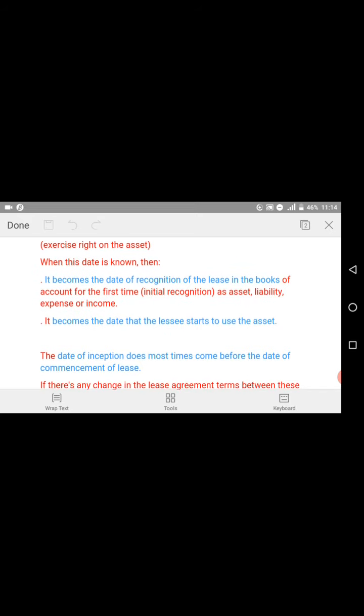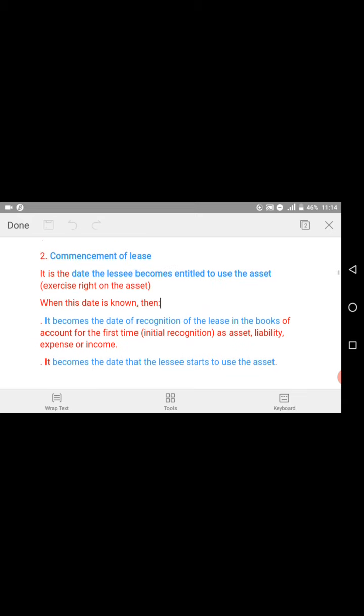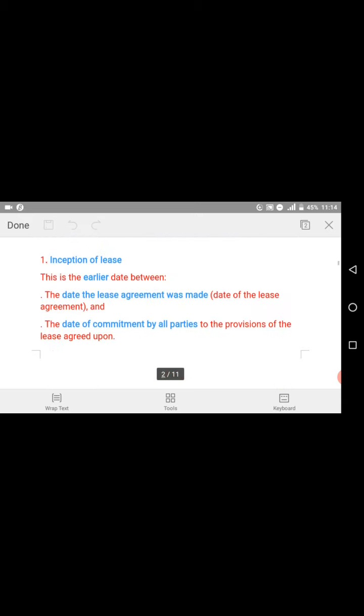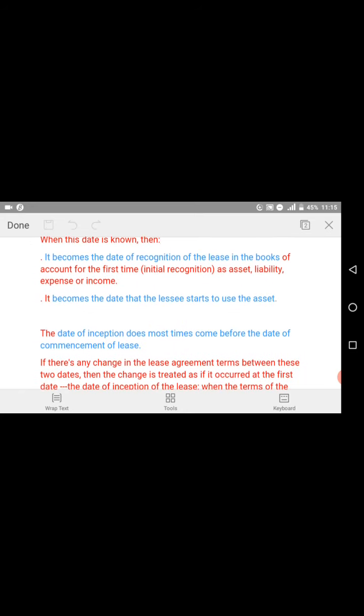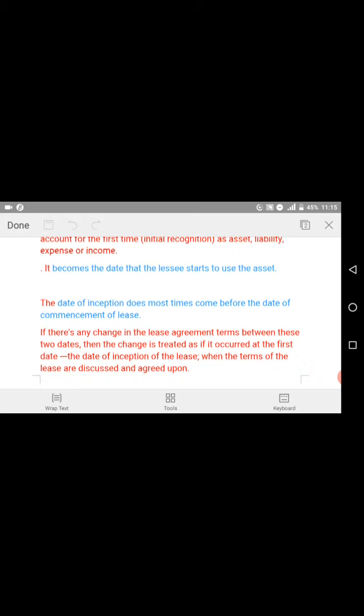Then it becomes the date the lessee starts to use the asset. While commencement, you begin to use the asset, you commence to use the asset. Inception of lease is when the agreement itself was made. Most times, inception of lease comes before the commencement of the lease. Now, the date of inception does most times come before the date of commencement of the lease, as we said before. If there's any change in the lease agreement terms between these two dates,